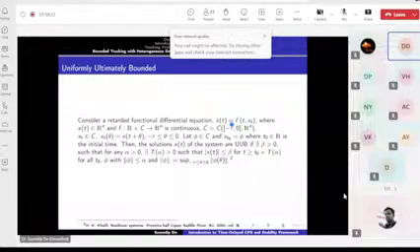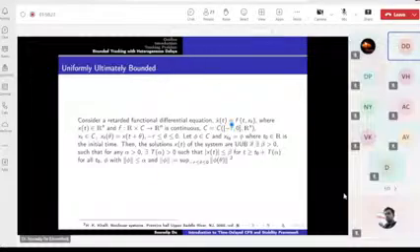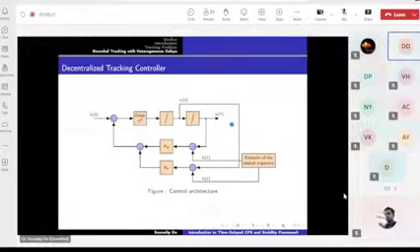So as we have told, I will have a tracking controller part and an estimator part, right? So what is the function of this tracking controller? So in this particular case, you just see here, this is my agent dynamics. So this involves